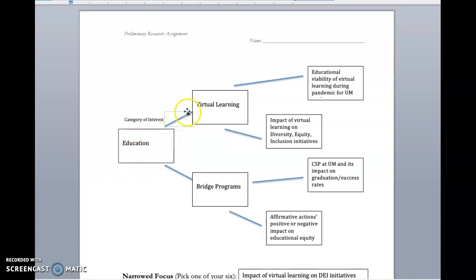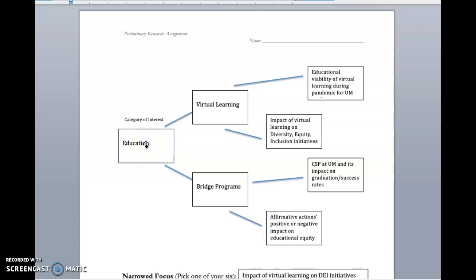And then based on your reading, your own interests, anything that you talked about with your group, can you narrow that topic down a little bit more? So think about maybe this massive book about education. What would be a chapter in that book? And maybe a chapter in that book would be on virtual learning. And maybe another chapter in that massive book would be about bridge programs. Okay, and so write down those two topics that are a little bit more narrow than just this broad topic